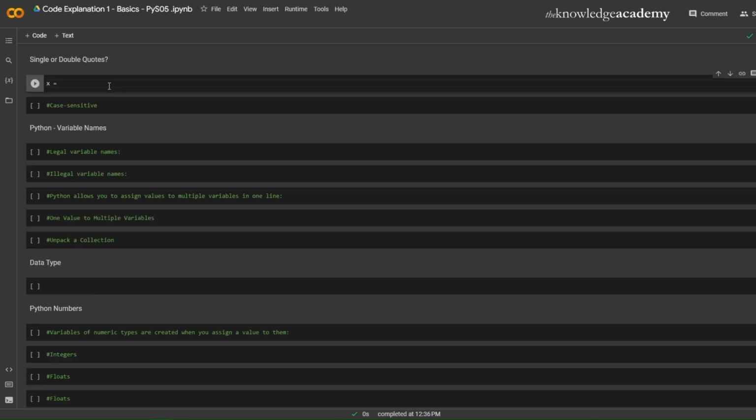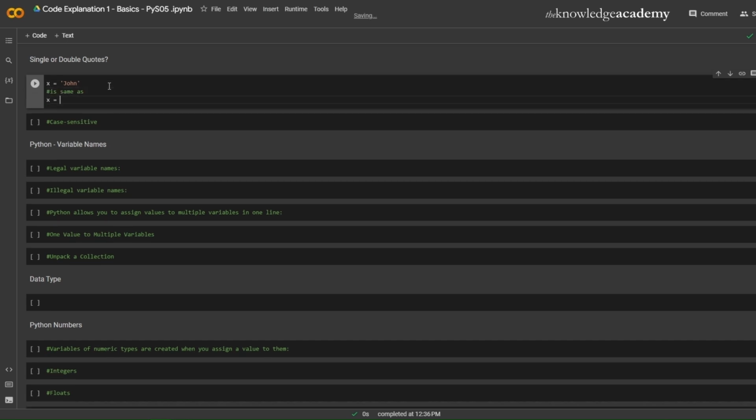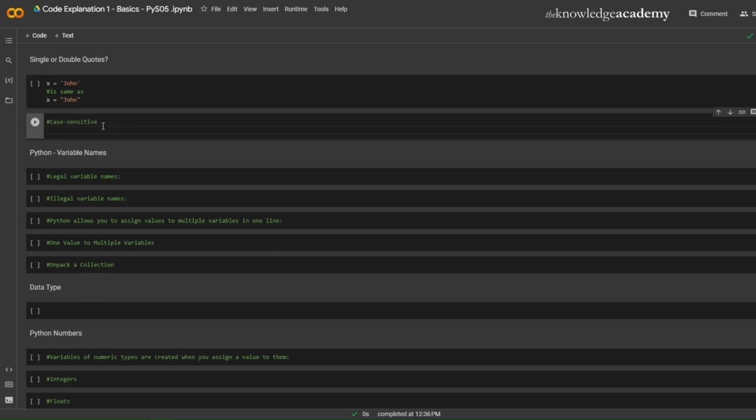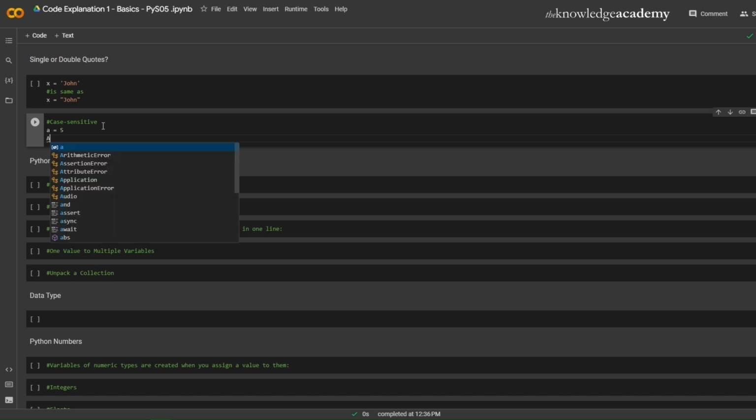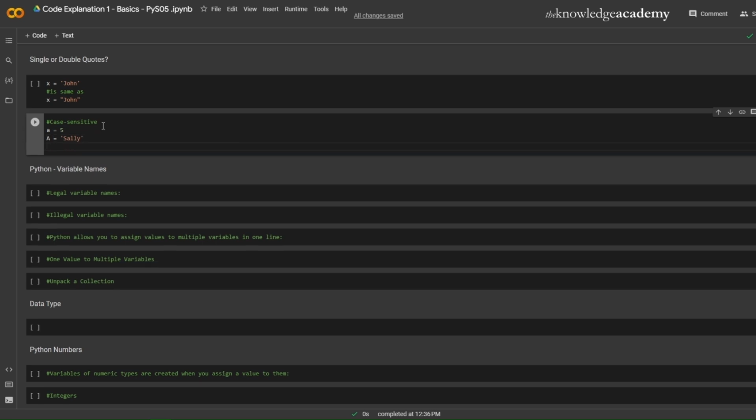Python allows the use of either single or double quotation marks to represent strings, both of which are considered entirely valid. In Python, it's essential to note that variable names are case sensitive, distinguishing between lowercase and uppercase characters. As a result, variables like a and A are perceived as distinct entities within the language. They do not overlap or overwrite each other because their names differ due to casing. In this scenario, there exist two separate variables, a and A. Their distinct names ensure that they are treated as separate entities within the program. The variable a has been assigned the value 4, signifying an integer data type, while the variable A has been